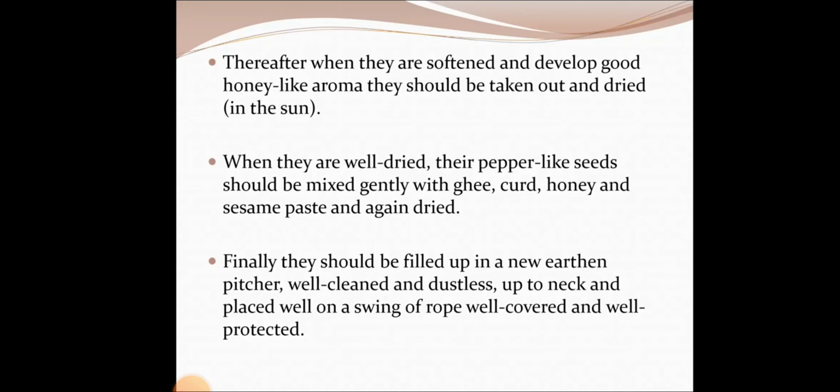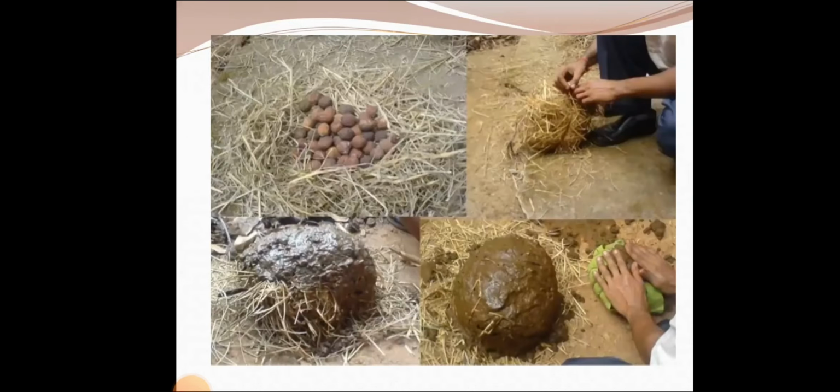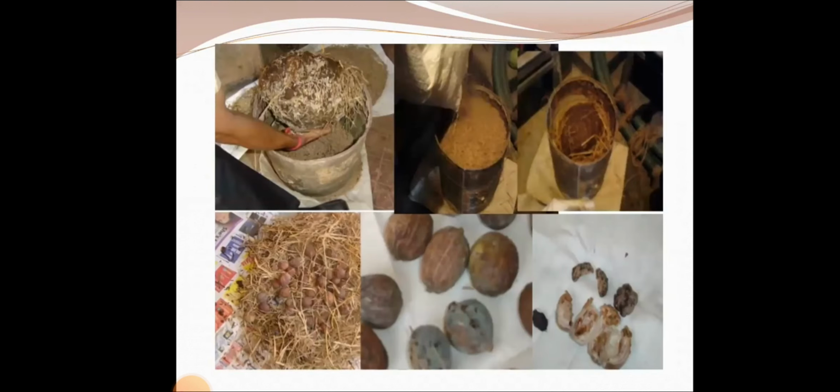These are the collection of Madanaphala. Next slide, please. These are the pictures of this Madanaphala collection. They are collected, yes, that kusha grass you can see. Gomena alipya. Next slide, please. Yava tusha masha, any one of these you can store for 8 days. Then it will become softened. In that last picture, you can see it becomes softened, and honey-like aroma will be there.